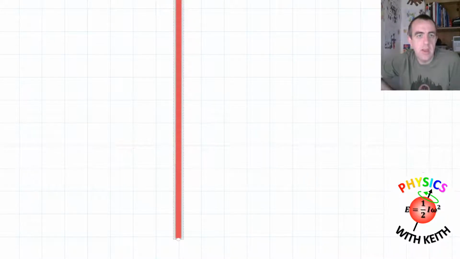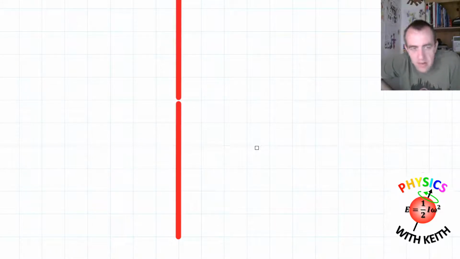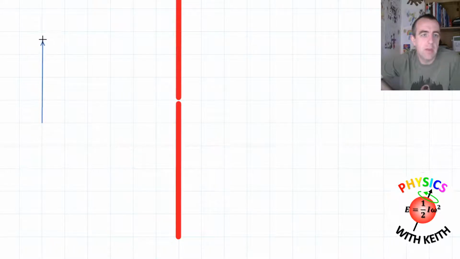Here's something that blocks light. There's a little hole in it. You can just see there's a little hole I've made in that. And let's have an object. And if I have an object over here somewhere, let's say it's a blue arrow, because I'm not very imaginative,